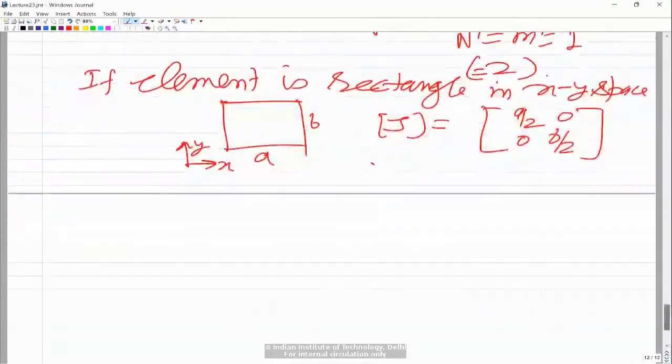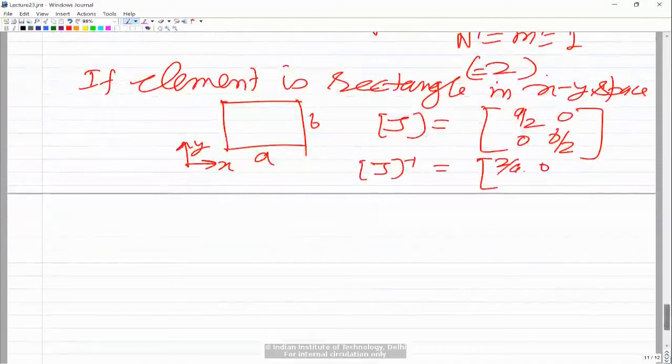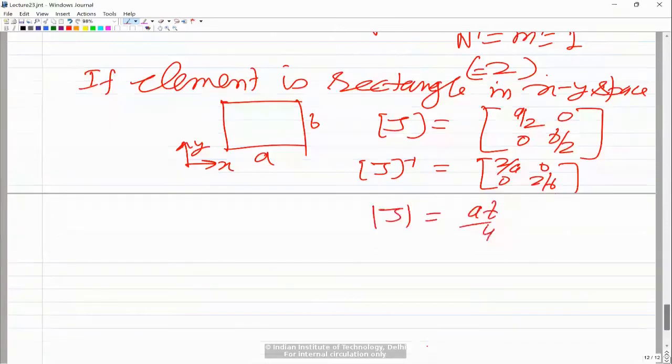Similarly, J inverse, I had also discussed how we arrived at this whole thing. That is 2 upon a, 0, 0 and 2 upon b. So J inverse is also independent of the xi and eta coordinates. The determinant of J in that case is going to be ab by 4, which is also independent of xi and eta coordinates. So now if you look here,